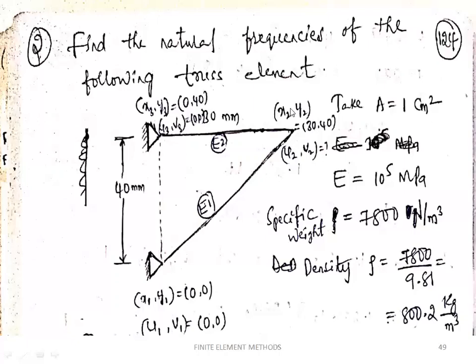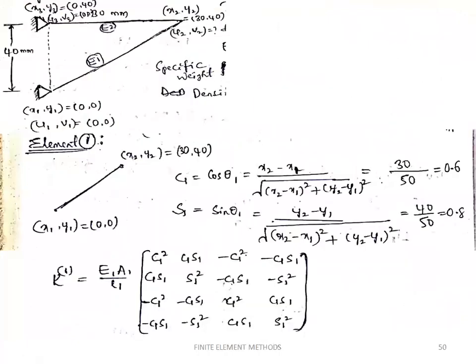Because the entire structure has two elements, we discretize this into two elements, element 1 and element 2. This is very important. So for two elements, we need to find out what K1 and K2 are, and similarly what M1 and M2 are. In the last unit also, we calculated how to find the element stiffness matrix as well as the global stiffness matrix. Let us recall those things here.